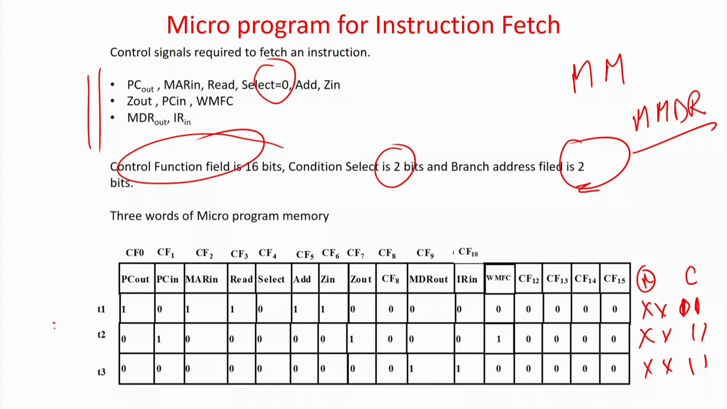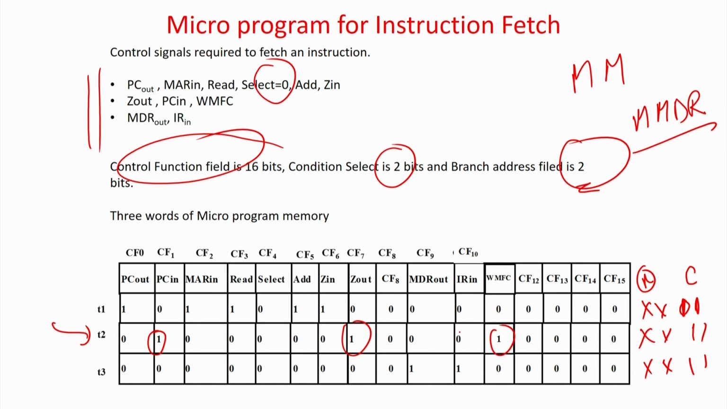So, automatically MPC will become 2, it will be just incremented, because 1 1 as I have shown here corresponds to increment and not load it to any next location. Next, you see Z out, PC in and WFMC. In this case PC in will be a 1 and Z out will be a 1 and WFMC